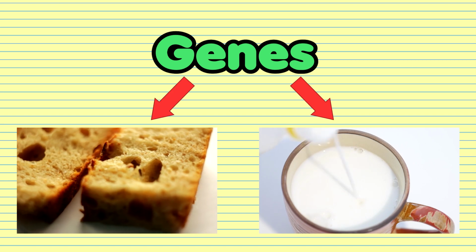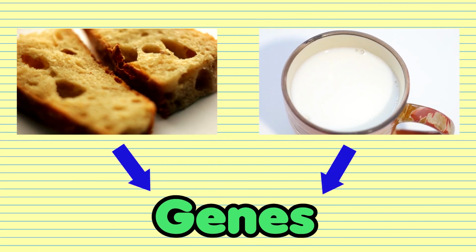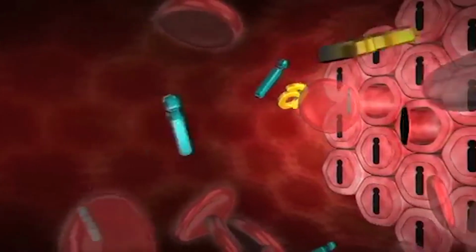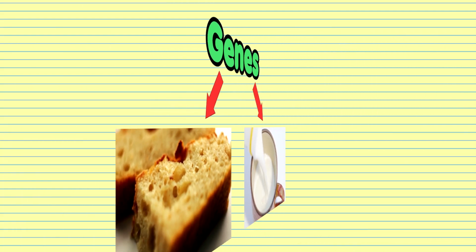But there's also another side to this coin, and that's how what you eat can affect aspects of your DNA and genes. Such as, a lack of the specific B vitamin folic acid can put you at a greater risk for compromised DNA repair, which can lead to mutations. Said mutations could then cause a whole host of other issues. Several other deficiencies can likewise play a role in the development of long-lasting diseases like diabetes and obesity. You can start to see how these two sides interplay, with diet and genetics each exerting a certain amount of influence on the other. But now that we have that outline, we can discuss what this means in the wider